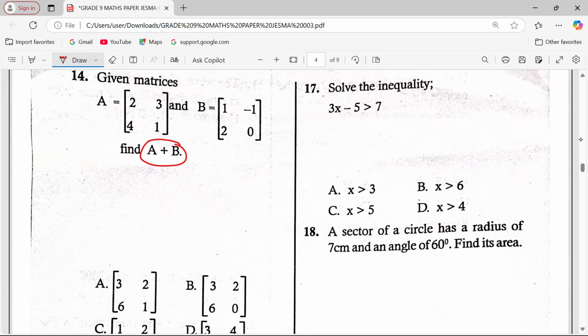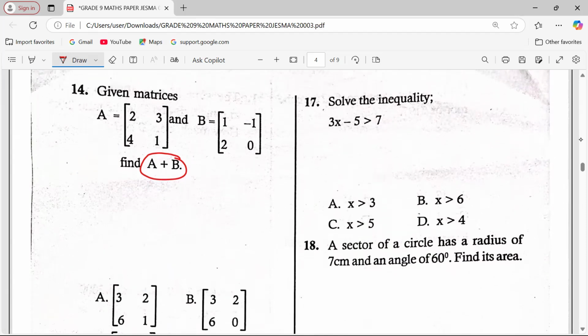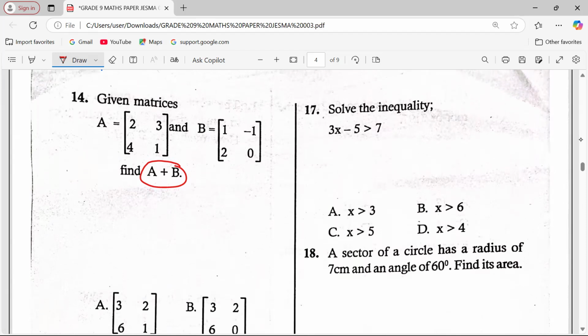Something else you should understand when working with matrices is that when you are adding matrices, you add elements which are in corresponding positions. For instance, when we talk about A plus B,